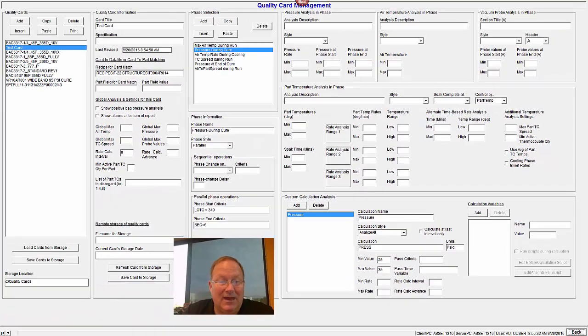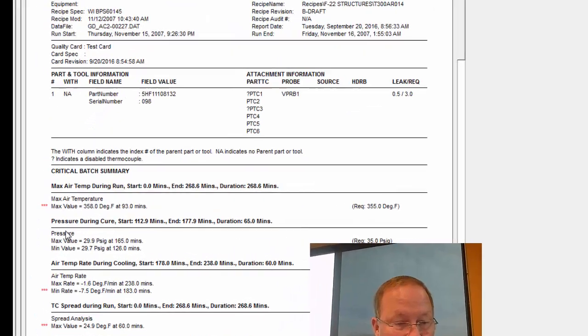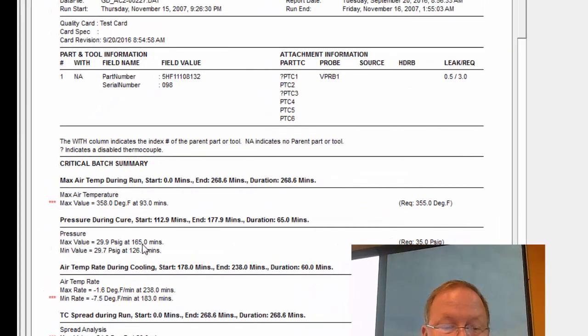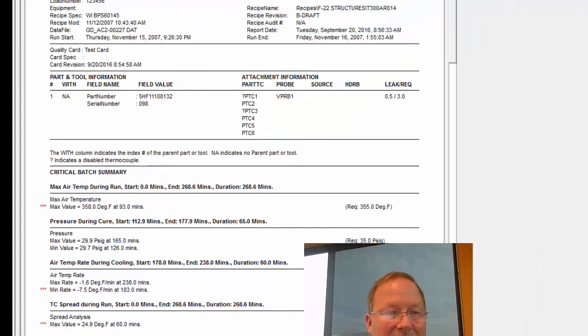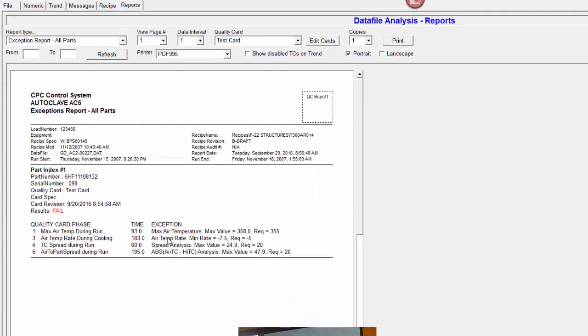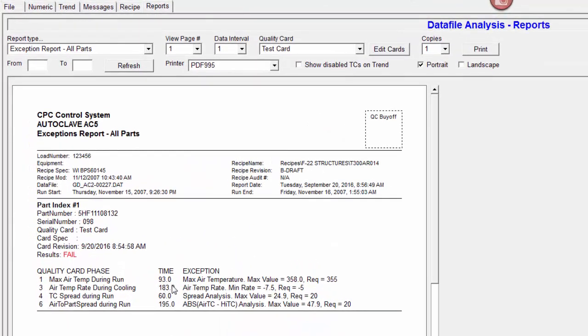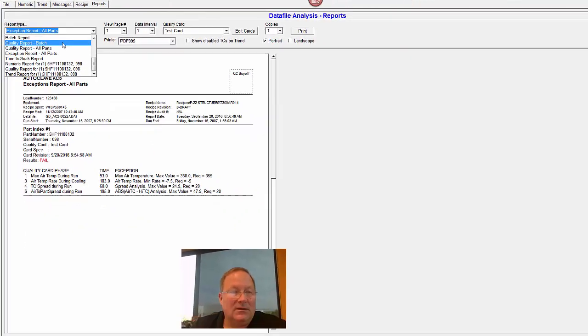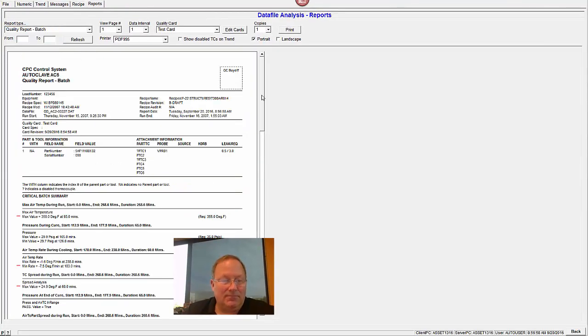If we look at that, we'll see it is displaying 29.9 psi at 165 and 29.7 at 126, both within tolerance. It's important to note that any deviation here, any out of tolerance, will be listed on the exceptions report, and we can look at the exceptions report, and it's only going to list the exceptions to that quality report. So if I go back to the batch report,